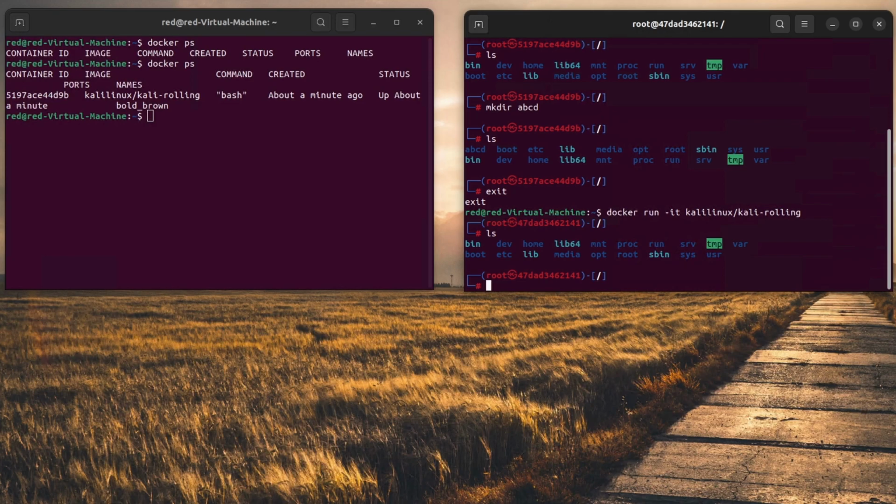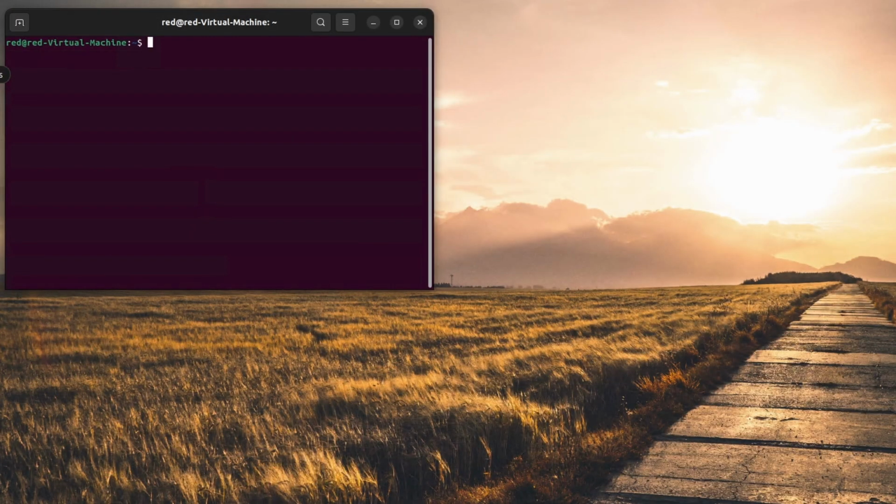Why? Because each time you run an image interactively to create a container, it creates a new container with a new hostname, and it does not retain any changes that you made previously. The next step is to install the rest of the Kali-Linux packages, but in order for that to work, the Docker container has to run as a service, meaning that it has to continue running. As you noticed, if I run this,